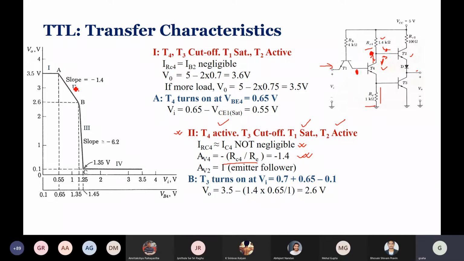This will follow till this turns on. At that time, this also will draw current. So more consideration will come, which in the previous class Orpon discussed in a specific example, the transition region showing two different nature of fall. So it will happen till it turns on. At that time, you have to do something else in the calculation. So approximately 0.65 volt or so, right? Approximately 0.65 volt or so is